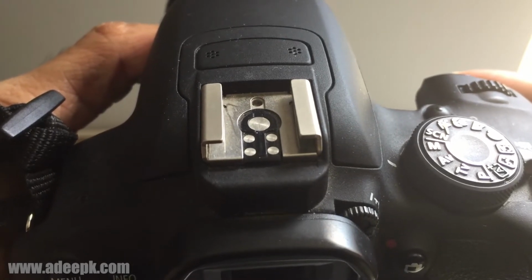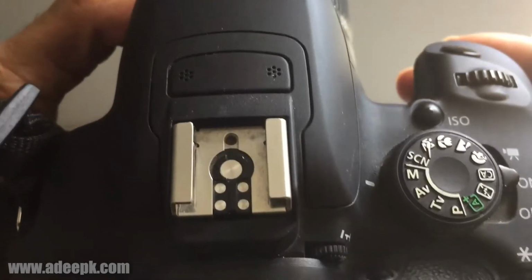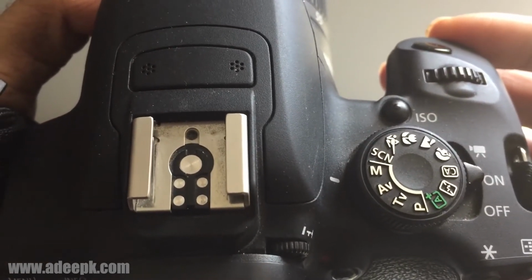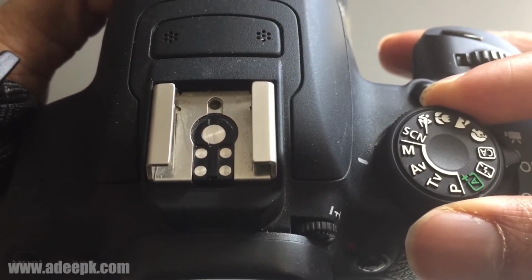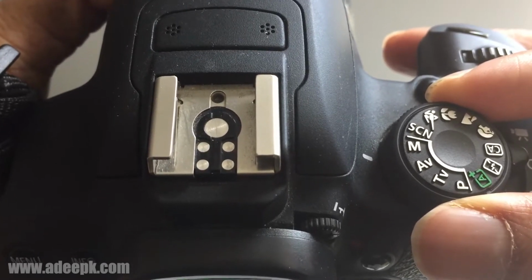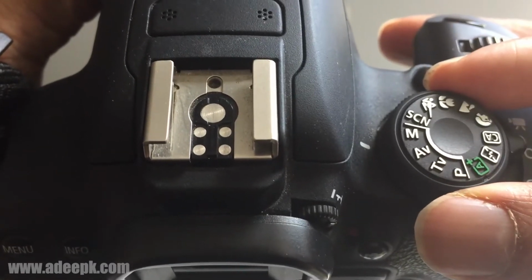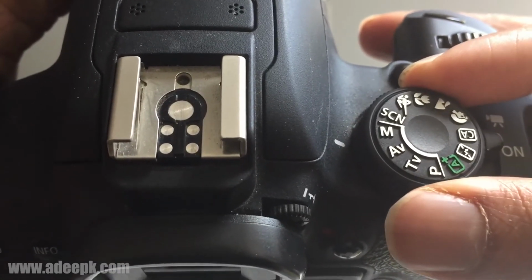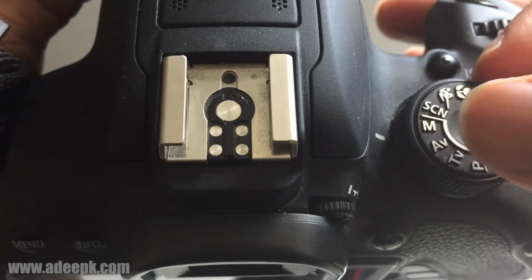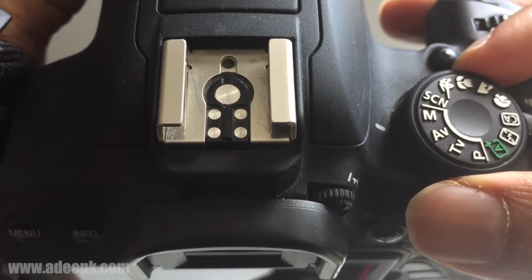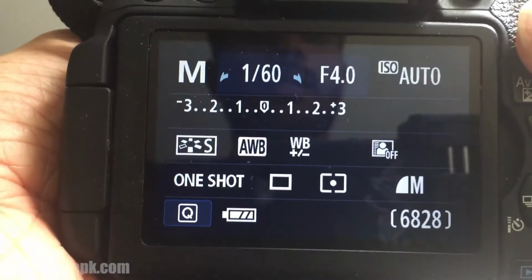So let's take a look at how you can do this on a camera practically. So what you have to do is change your mode to manual. I'm using a Canon camera, and you can have whichever brand you like. Most of the settings and these symbols will be the same in all the brands. So first, you have to change your mode to manual. So this is the M button. Make sure you move it to M, and then you will get this screen here.